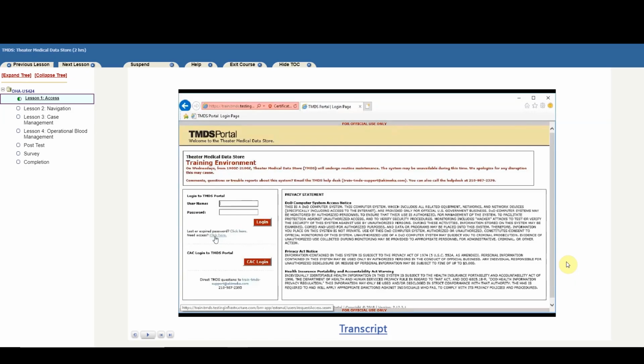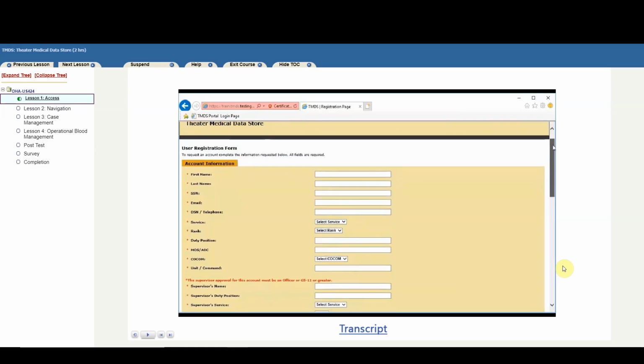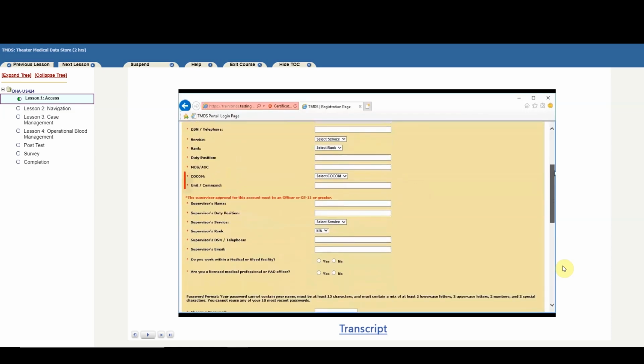This brings up a user registration form which has 4 sections. Note that all fields are mandatory as indicated by the asterisks. The first section covers your personal information. Remember, if you are requesting access for the training tier, you should not use your real social security number. It is important that you indicate the appropriate co-common unit, as some of the functionalities within TMDS will be based